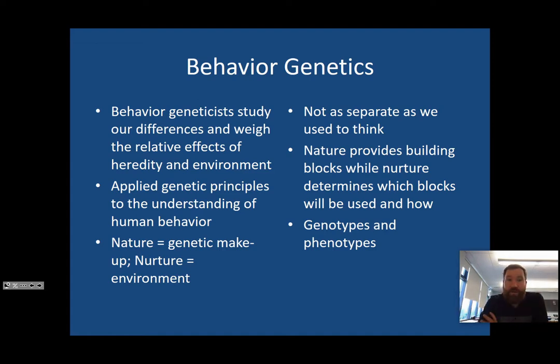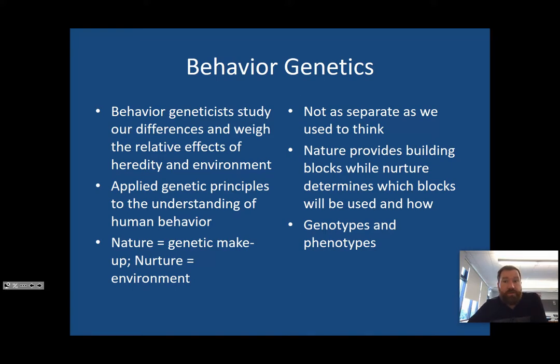When we're talking about nature versus nurture, we need to keep in mind a couple of things. It's not really as separate as it used to be. We used to really think that our genes were one thing, our environment was something else, and that was really it. Now we know that nature provides the framework and nurture determines exactly where those things go. Another way to think about it: nature gives us building blocks and nurture determines the order that those blocks are arranged to create us. Isn't that poetic and sweet?